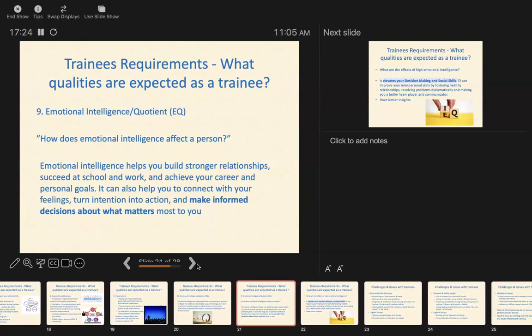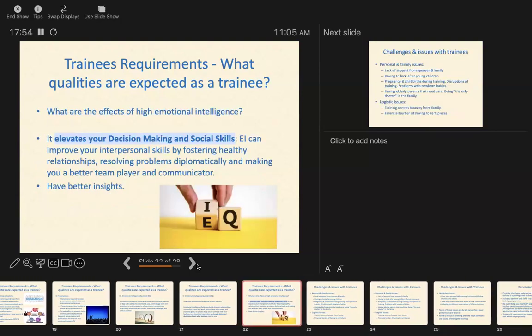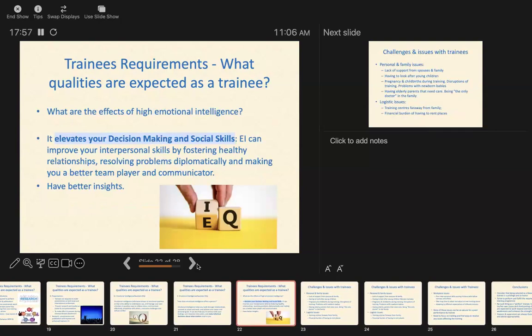And I think among trainers, we also need to have high EQ because it's stressful when we have trainees like this, right? I think it's something that is more like psychological or psychosocial aspect, but it's something that I think is good for you to look into and hone, because EQ is something that you can learn and you can improve actually. If you have low EQ, if you read about the method, there is objective assessment where you want to position yourself, and then maybe there are things that are going to improve your issues. Because with good EQ, you can make good decisions, you have good interpersonal skills, and you have